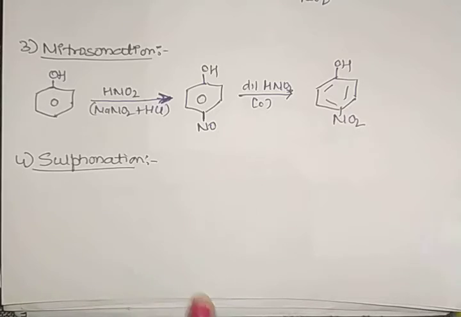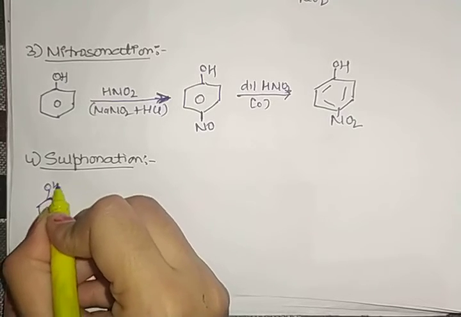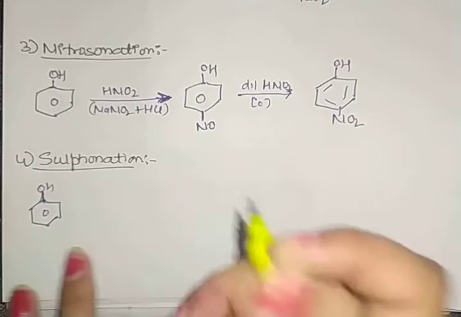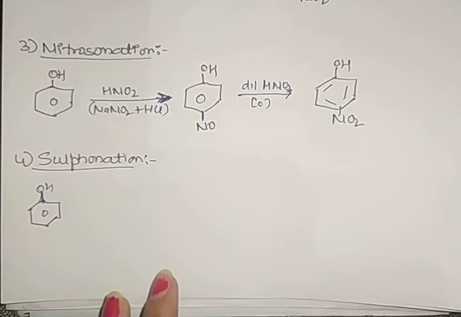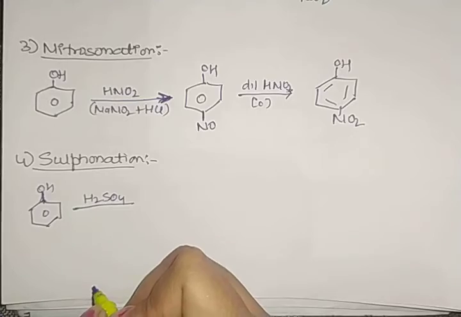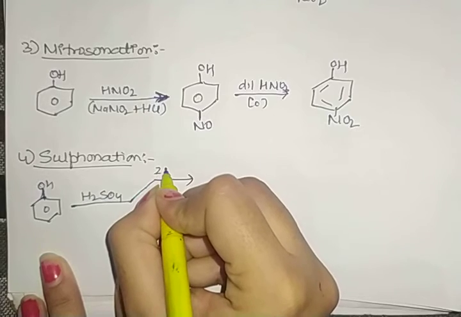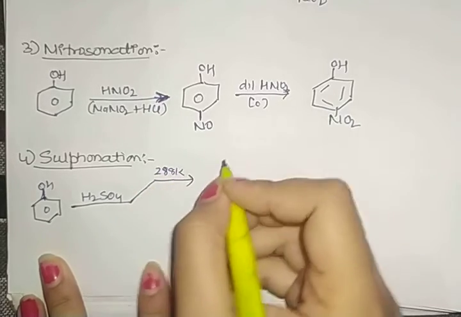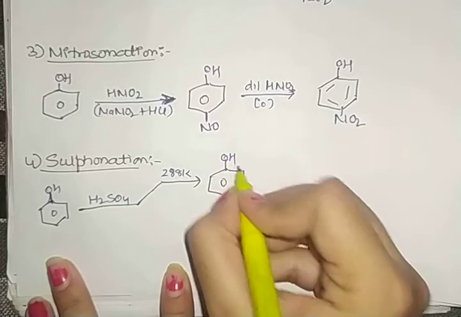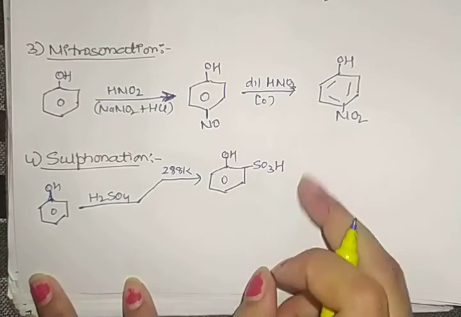Now what is sulfonation? As we discussed in the last chapter, when we have a benzene ring, or we can say I am taking here phenol, when we are treating it with sulfuric acid, then it will form a mixture of ortho and para products. Okay, so if I am treating it with H2SO4, we have 2 types of reaction. When we are treating it at low temperature, if we are taking here 288 Kelvin, here is the formation of the ortho product. That means now the substrate attacks the ortho position. So this is 2-hydroxybenzene sulfonic acid.